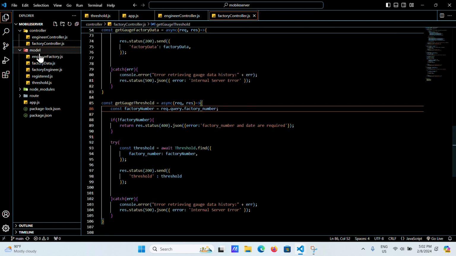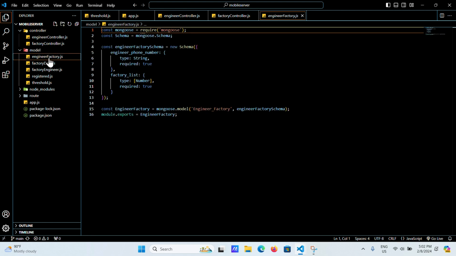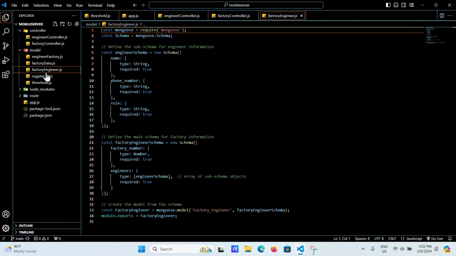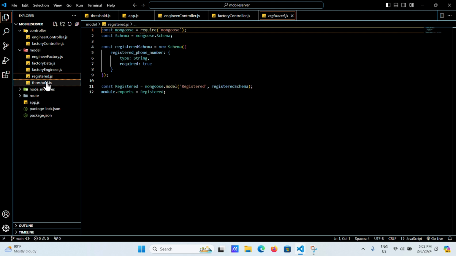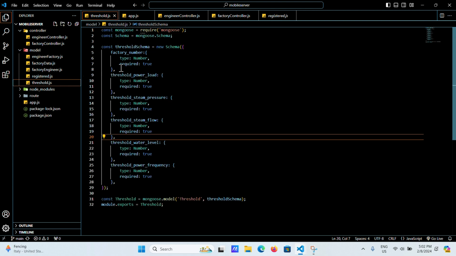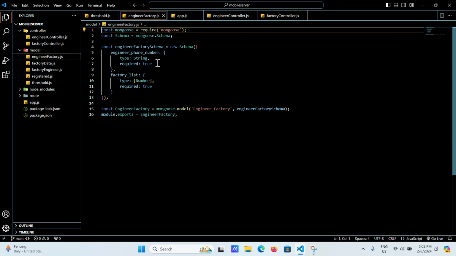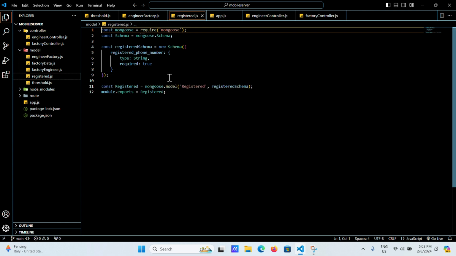I would like to introduce the model side of the code. All these files are modules for a Node.js application that defines the Mongoose models for interacting with a MongoDB collection. All the models can be used to create, read, update, and delete documents in the corresponding MongoDB collection. For engineerfactory.js, this file is created for storing information about engineers and their associated factories in a MongoDB collection. In registered.js, the purpose of this file is to create a schema and a model for storing registered phone numbers